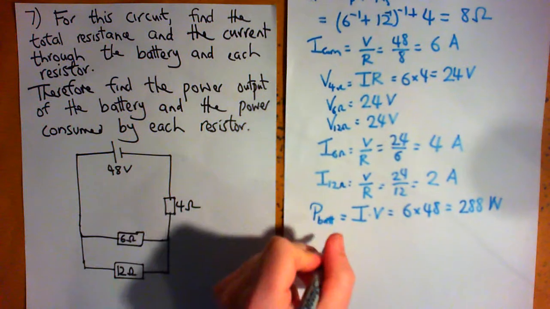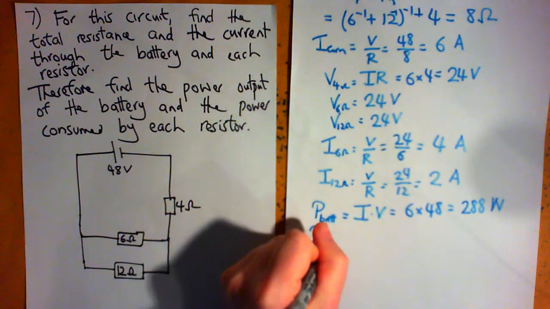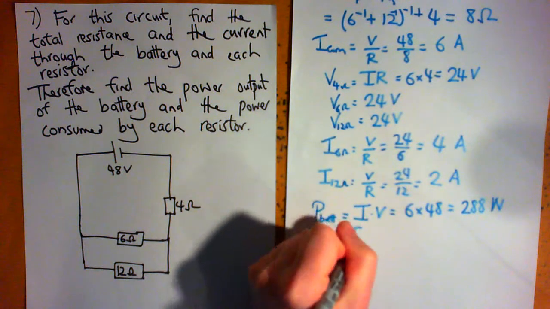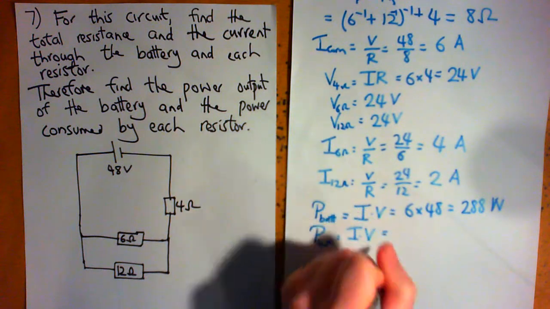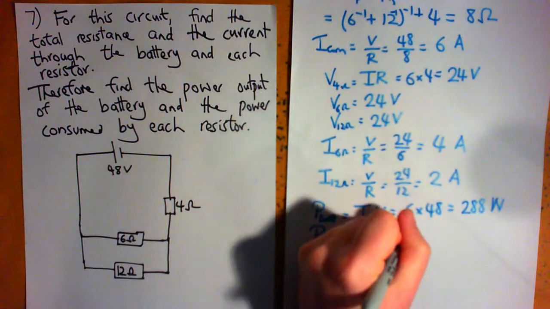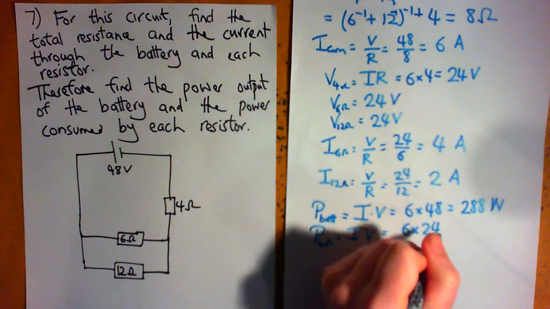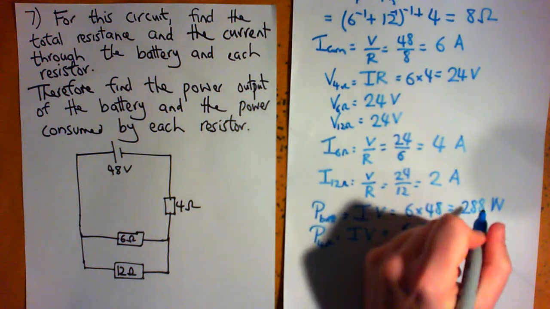So let's look at the power consumed by the 4 ohm resistor. It is I times V, which is the current of 6 times the voltage of 24,